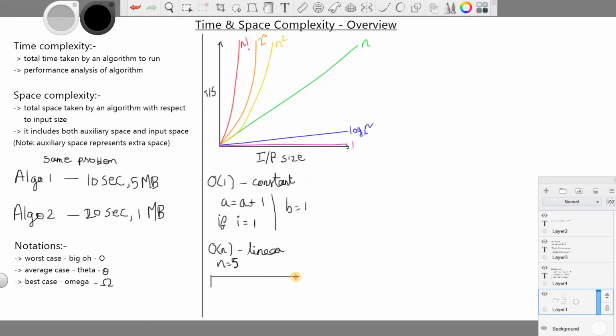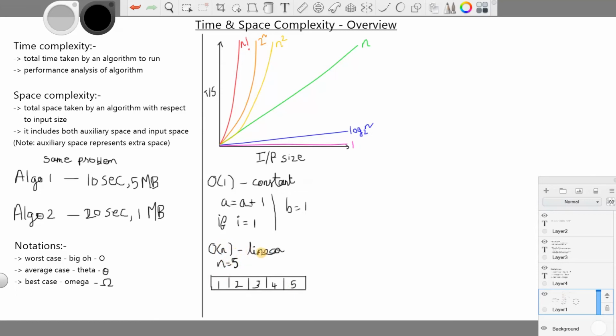I'll just create an array of size 5: 1, 2, 3, 4, 5. If you are traversing this array, like if you want to print the elements, you have to iterate over every element in the array, right? At that time, the time complexity will be order of n.